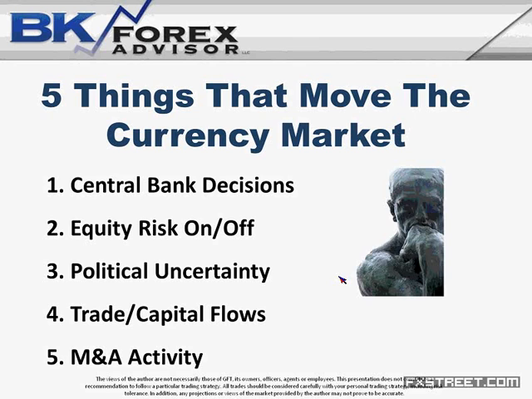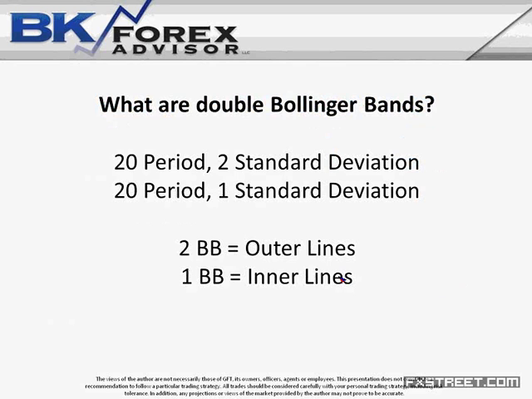The last and sort of a quirky thing, and this happens rarely, but it can have a big impact, at least on a very short-term basis, is what's called M&A flows. Let's say a European company makes a bid for a British company, and let's say they make a bid for like 5 billion pounds. Well, that company is not price sensitive. It doesn't care what the price of the pound is. It just needs 5 billion pounds. So when that happens, they may come in and do a lot of pound buying, irrespective of whatever is happening in the market, and that could skew the market for 24 to 48 hours. Sometimes when you have no idea why the market moved in a significant manner, very often the reason is M&A activity.